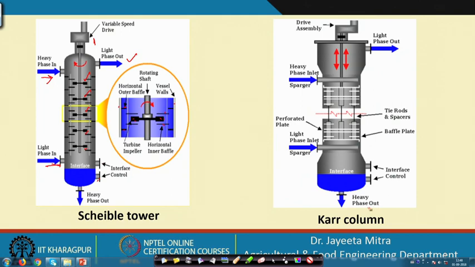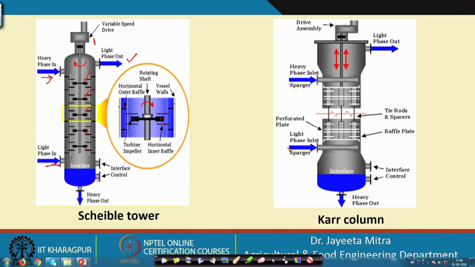In the Karr column, here also the drive assembly is given. This drive assembly operates this in a reciprocating motion, okay. Up and down reciprocating motions are there, these are the perforated trays. So, again the heavy phase enters from the top. The simple thing is the heavy phase always comes from the top, because otherwise we need to use a pump to throw it from the bottom up. So, this design is very common in most of the cases, and then this heavy phase will come down eventually